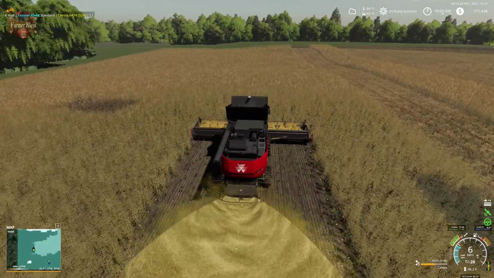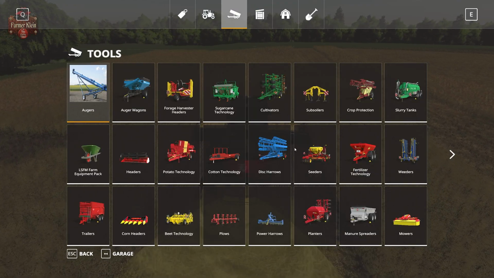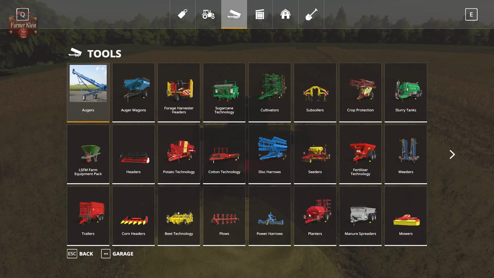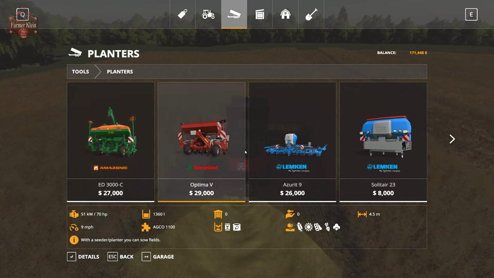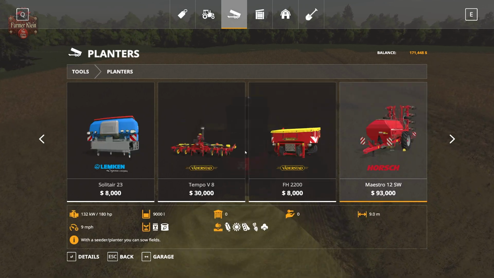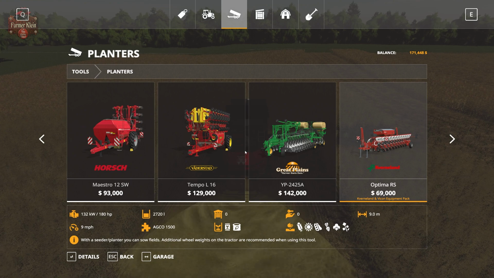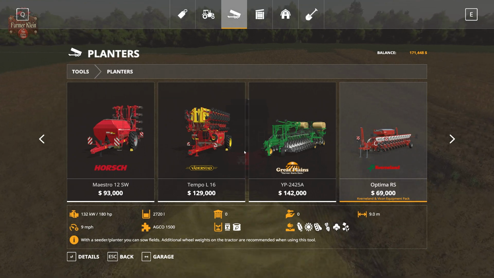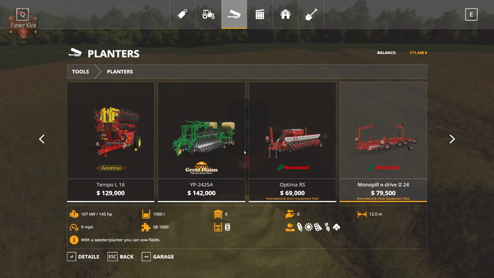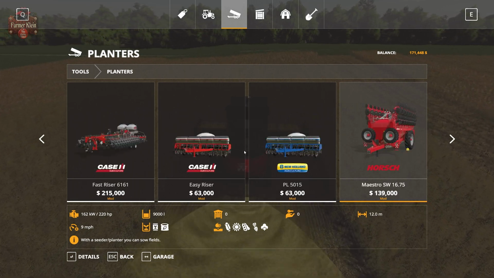And then we need to pick out a planter. We need to plant corn, and we need a corn planter that allows direct planting. And there aren't too many of those, because we don't really have the time. We really don't have the time to...